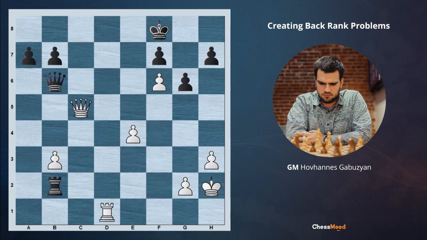After queen c5, if black goes either king to e8 or king to g8, it's the same. We are mating with queen c8 move. All of this is possible because of our strong pawn on f6 square. We have seen several examples today how we're creating strong pawns very close to opponent's king and the opponent is